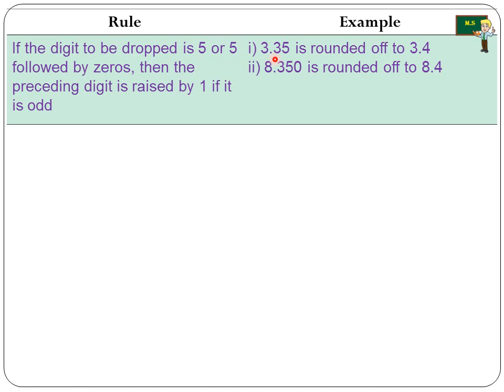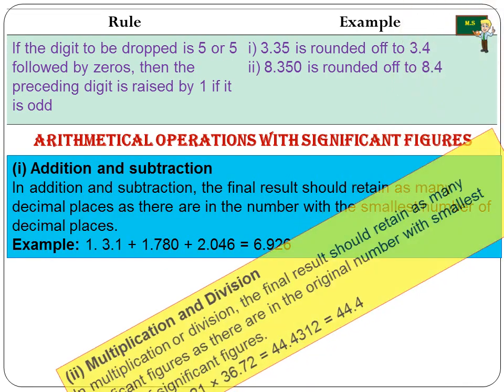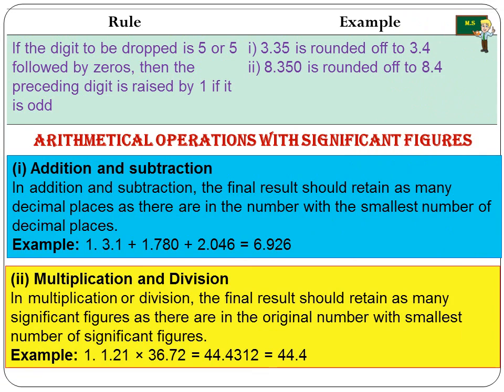See the example, 3.35 is rounded off to 3.4 and 8.350 is rounded off to 8.4. Now, arithmetical operations with significant figures. First one, addition and subtraction. In addition and subtraction, the final result should retain as many decimal places as there are in the number with